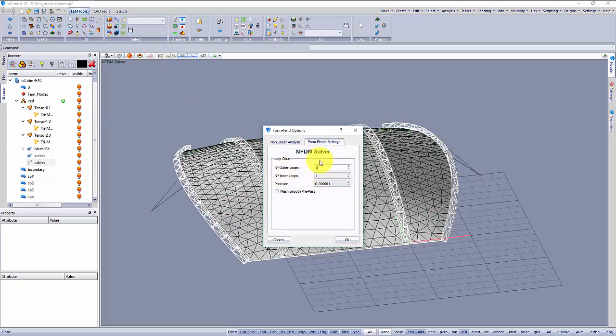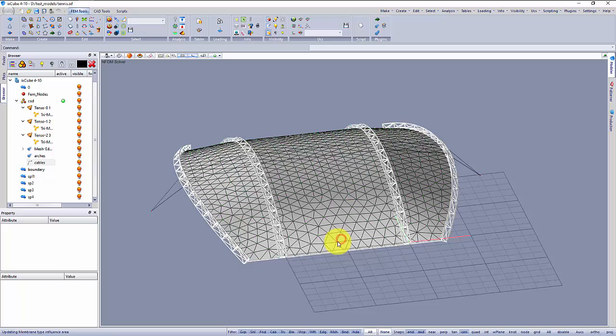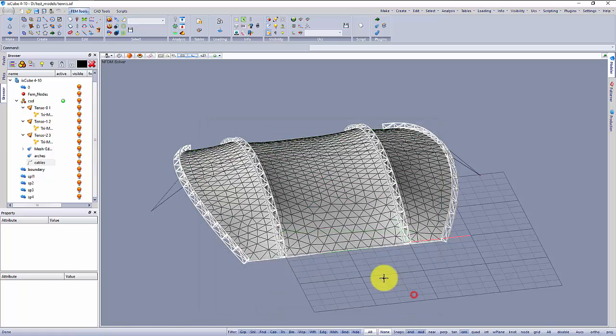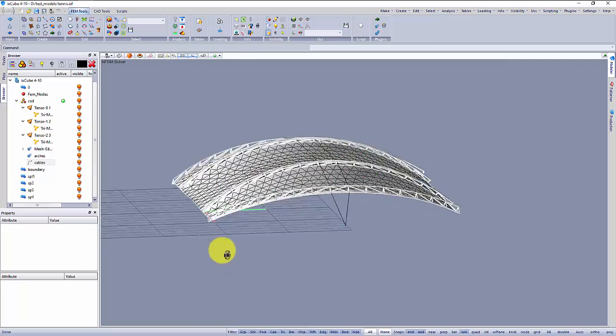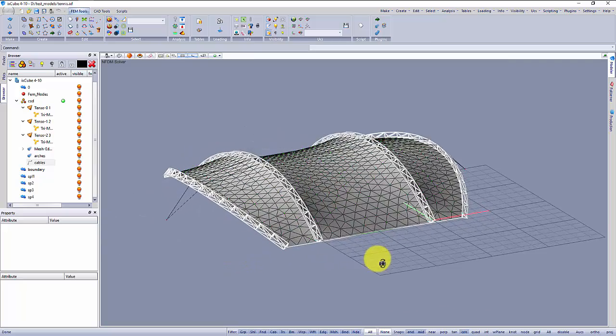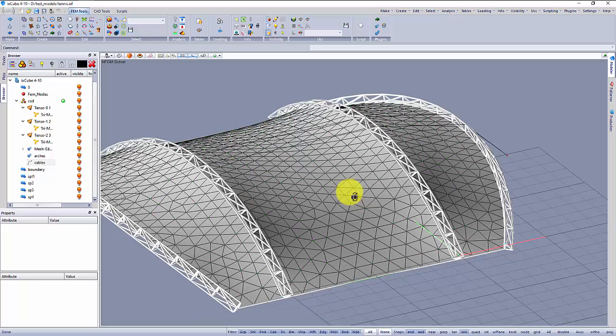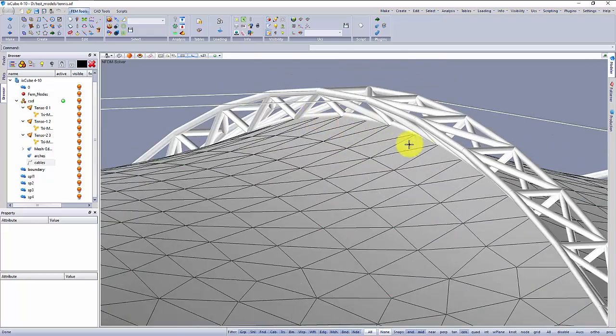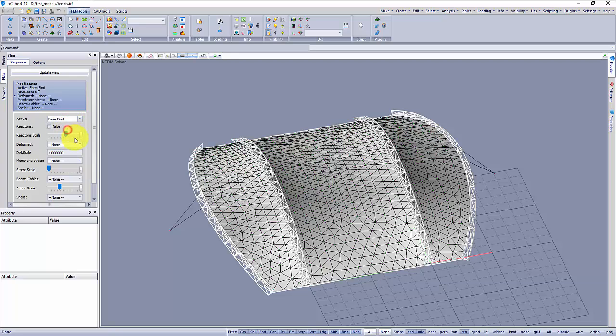One step for the NFDM form finder. In the non-linear analysis we can leave 10 steps with 0.1. We run OK. The model has converged, and that's the final model. As you can see, the membrane is perfectly connected to the steel,